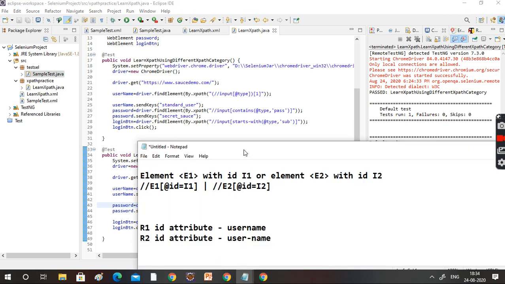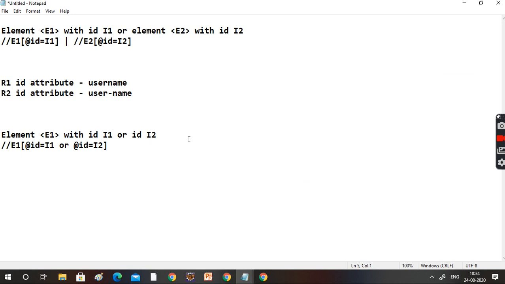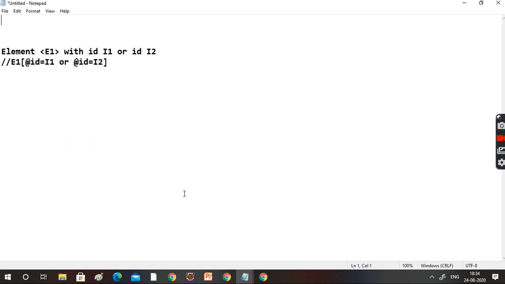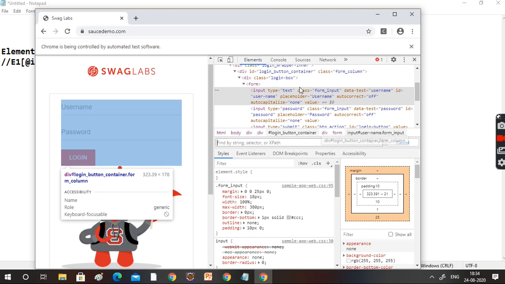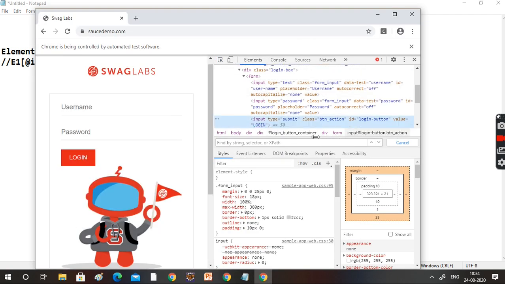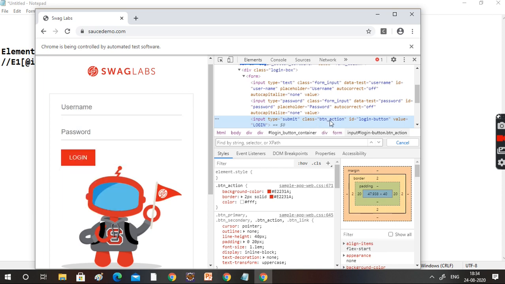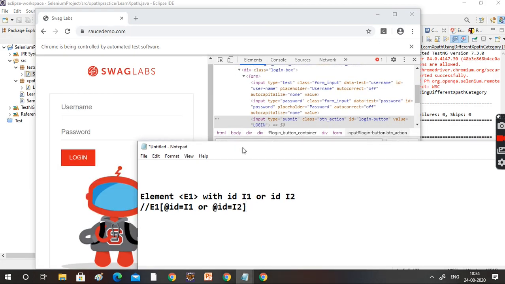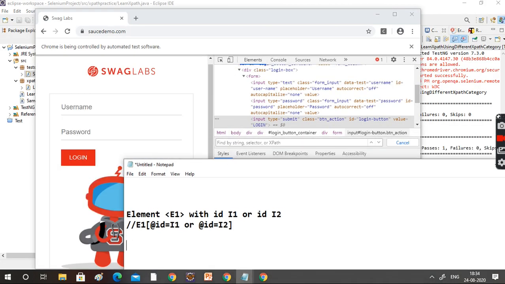What about the third one, having swapped the first and second techniques? The third one is element E1 with ID I1 or ID I2. Same story. Assume that during the R1 time period, we are going to identify the login button. Input, ID.